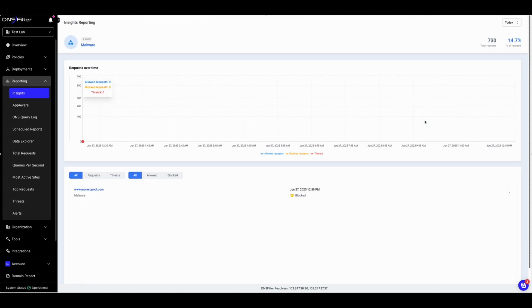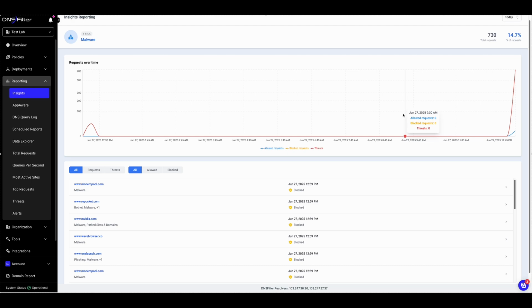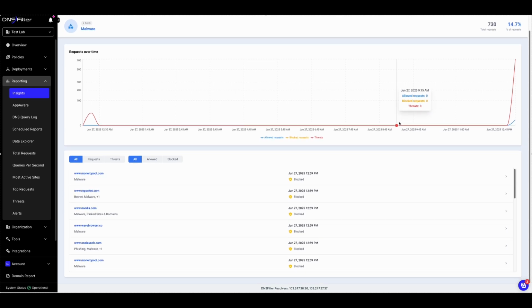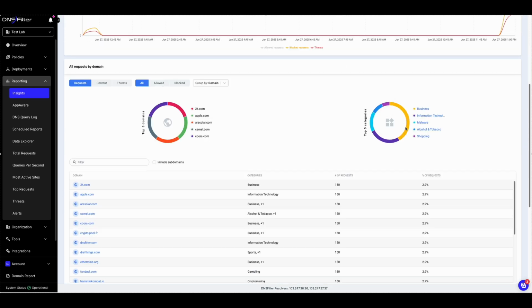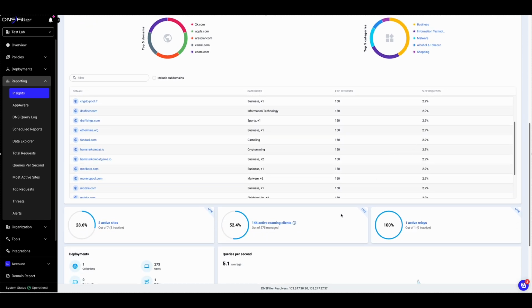If you wanted to drill down into the specific domains being hit for one or more of your top categories, you can click directly on the list item here to be taken to a roll-up page for that category for the same time span. The lower section of your Insights page gives you some generalized roll-up data about your networks,